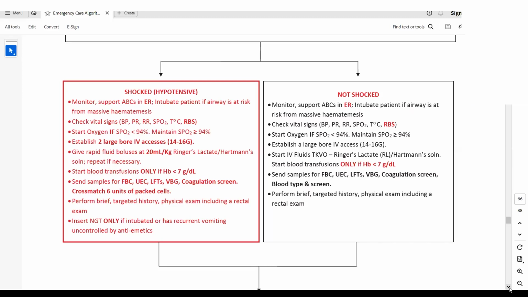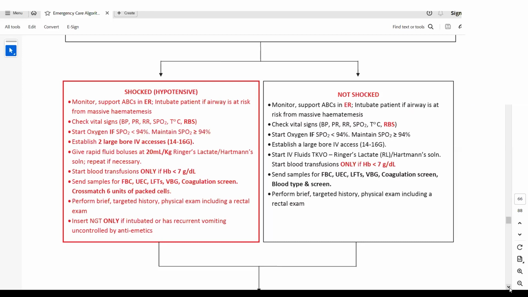And then cross-match 6 units of packed red cells. We'll also discuss the components of blood and how we're going to give it. Then perform a brief targeted history. This includes a physical examination, including a rectal examination. Then insert an NG tube only if your patient is intubated or has recurrent vomiting which is uncontrolled